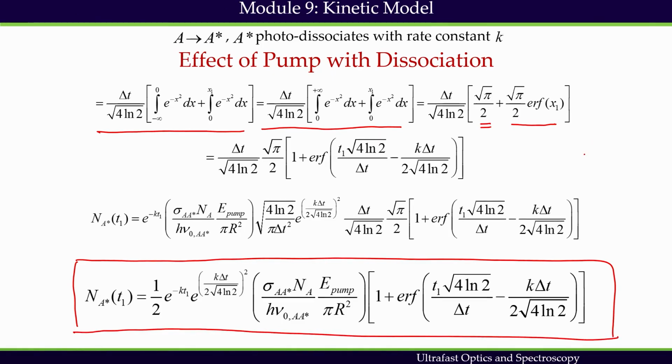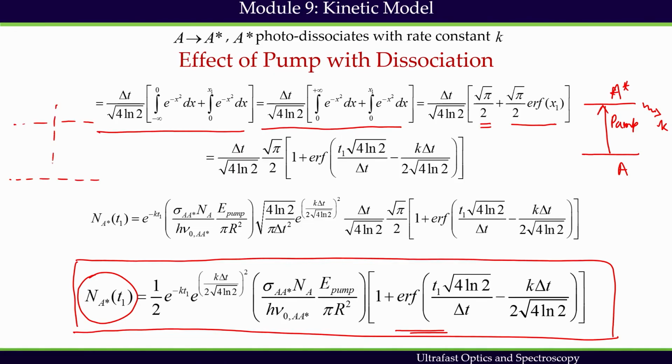under the following situation. I have pump exciting molecules from A to A star, and this A star is dissociating, and the dissociation rate constant is K. So, what we get is that the build up signal definitely depends on the error function, which means there should be some behavior like this. There will be a behavior like this,